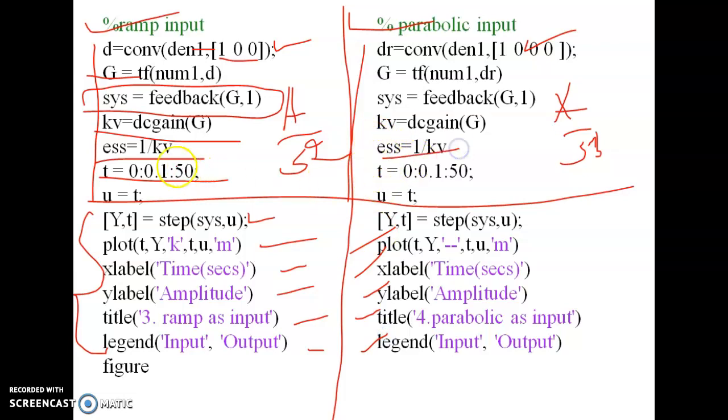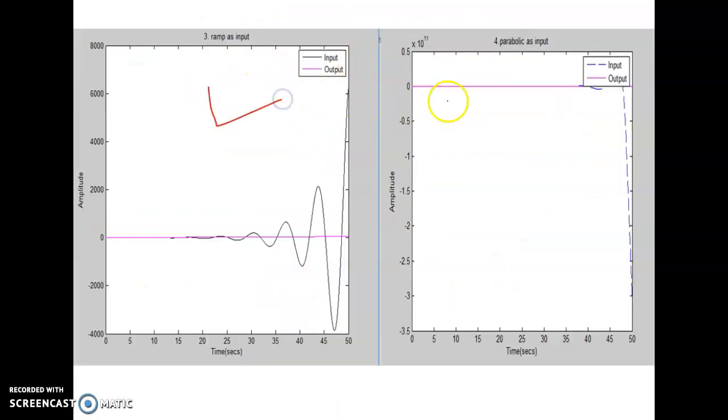Here steady state error, here also steady state error. Okay, this is parabolic. So the main objective is to change the parameter in the denominator polynomial. Here, for observing the difference, you can use the command. So this is the ramp input, this is the parabolic input. As we know that for the parabolic input, how to represent the ramp will be